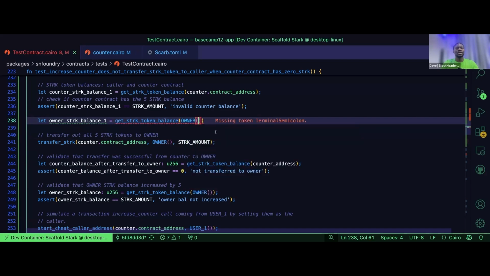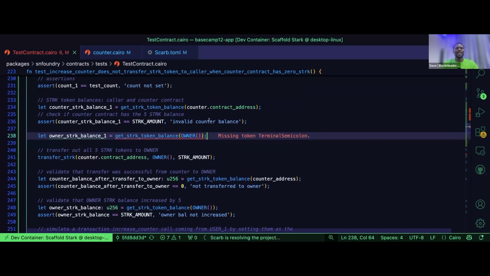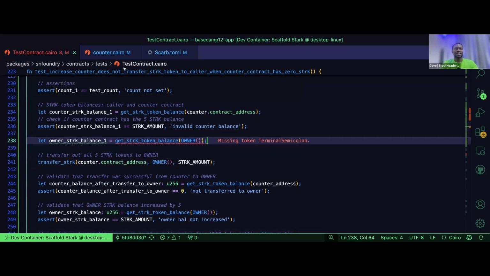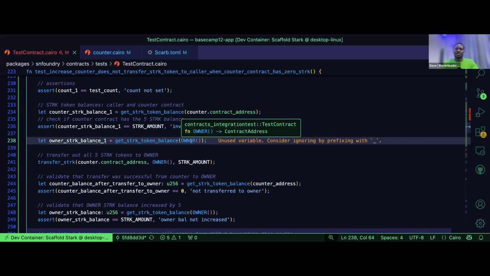I don't want to use user 1, because there's a scenario here. What if something happens and we transferred all of our stack tokens to another account? So we have another account that we want to simulate. It may not necessarily be owner, it can be anything. You can call it user 1, user 2, address 1, address 2, as the case may be. But in my own case, I'm specifying that this is the account that I want to transfer some stack tokens to